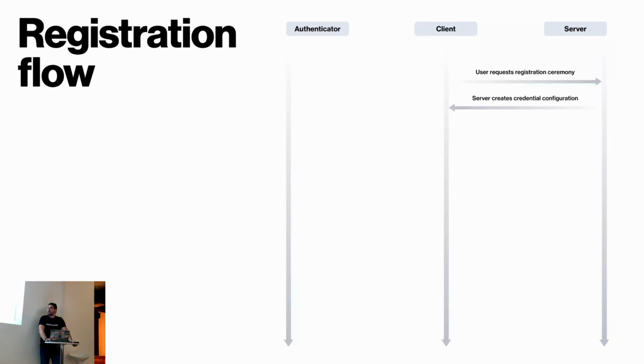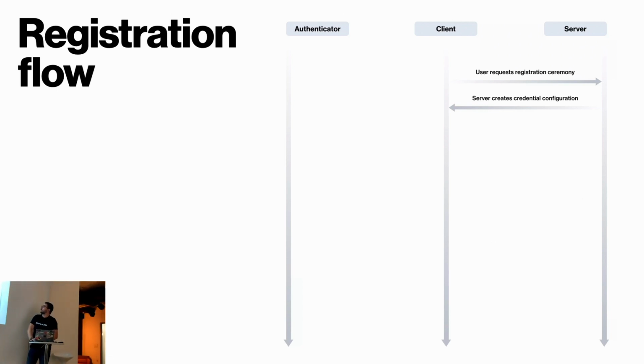How does the flow itself work? Well, now we have three different components. We have the authenticator, we have the client, and we have the server. If we're working from the mobile perspective, so we have an iOS or an Android app, the authenticator and the client are usually one and the same. It's just that the authenticator can be presented as the credential manager, and the client is, well, your app.